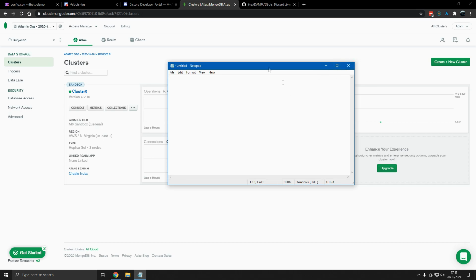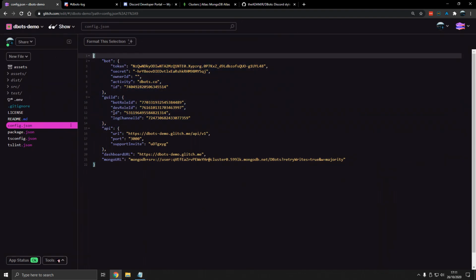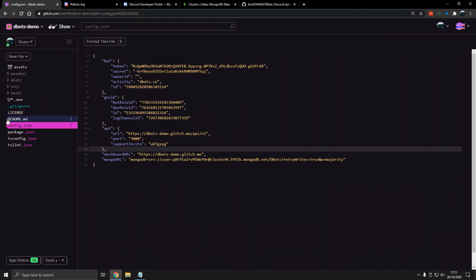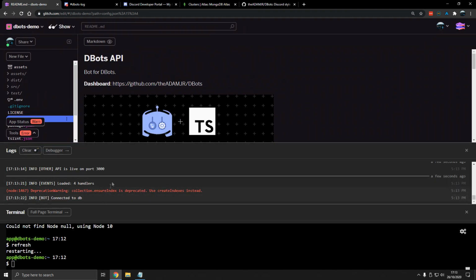Now we can copy this into config.json, Mongo URL. Now, a thing to note, this config.json may change at any given time. So, check readme.md for any updates. Okay, now